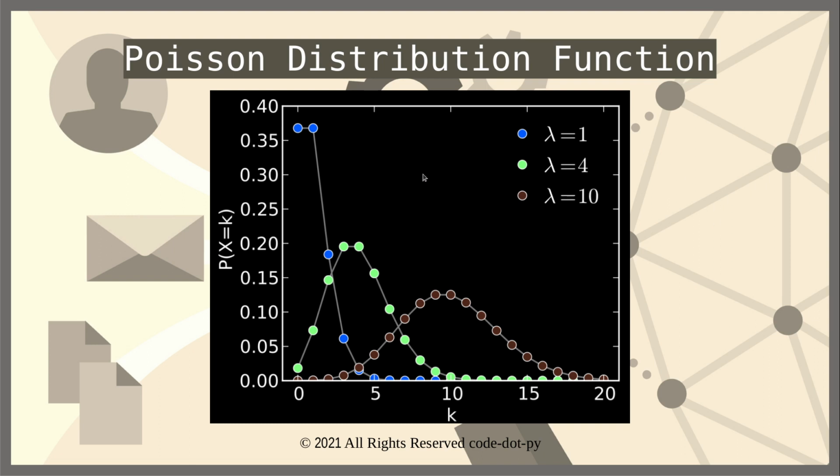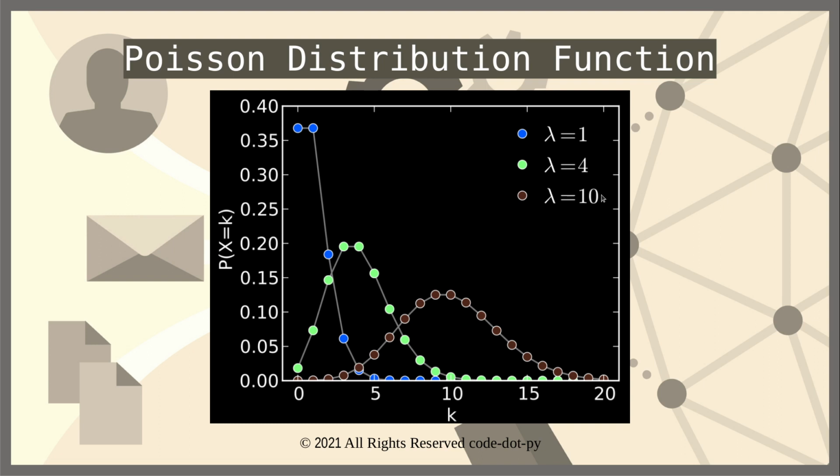So here in this example, the lambda value is that average value, which is indicated by a numerical figure. For example, when lambda is 1, what it indicates is that the average value for the outcome is always going to be 1 for this kind of distribution. So here we see, because lambda is 1, the probability of the value being 1 is the highest in the distribution. And the moment we talk about the probability of a value being something other than 1, the probability prediction goes significantly down.